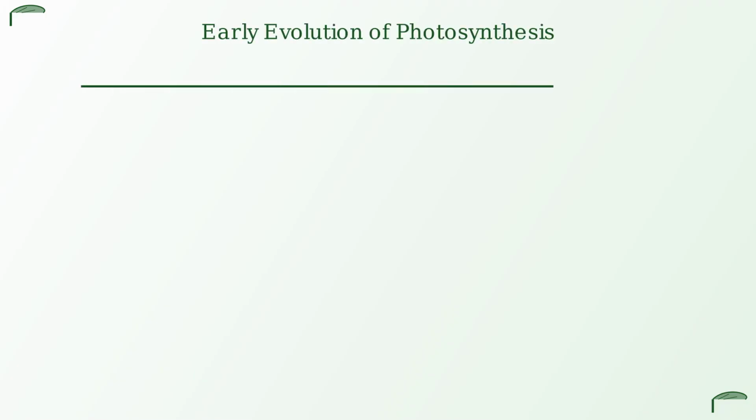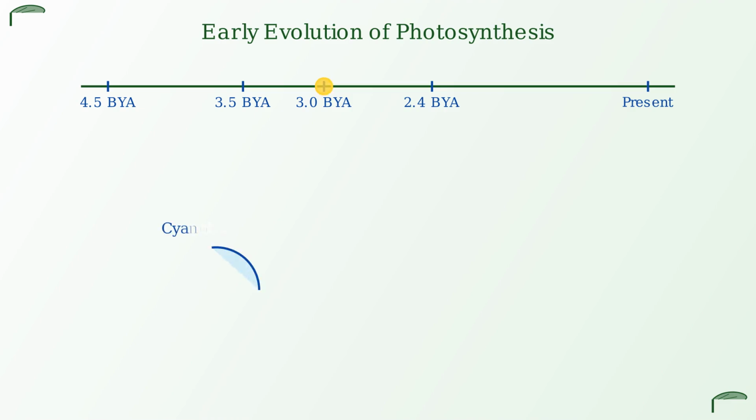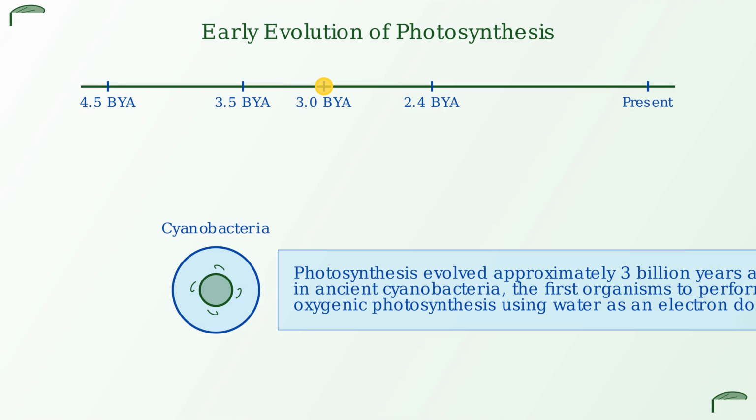Photosynthesis first evolved approximately 3 billion years ago in ancient cyanobacteria. To understand its significance, let's look at a timeline of Earth's history. Around 3 billion years ago, cyanobacteria developed the ability to perform oxygenic photosynthesis, using water as an electron donor and releasing oxygen as a byproduct. This innovation was one of the most transformative events in Earth's history, dramatically changing our planet's atmosphere and enabling complex